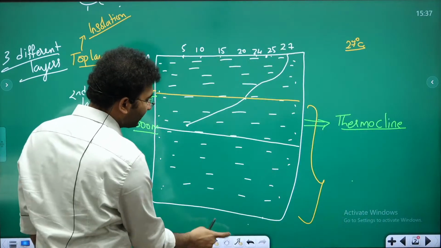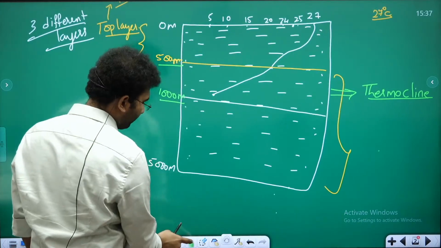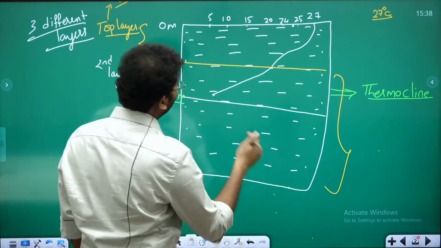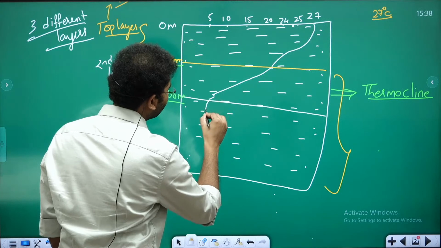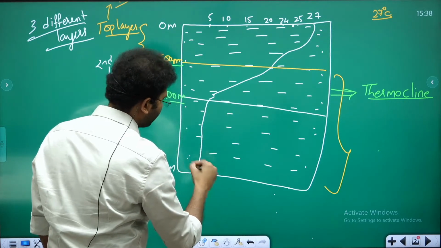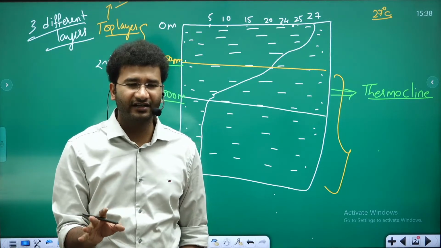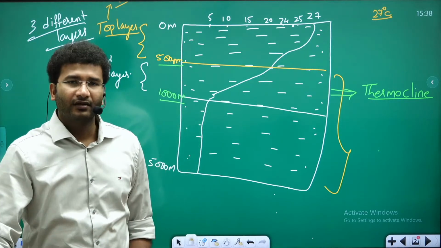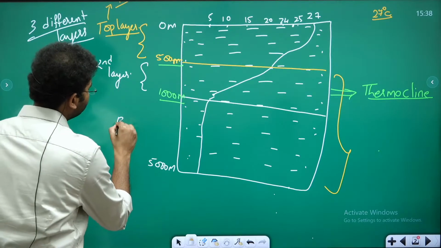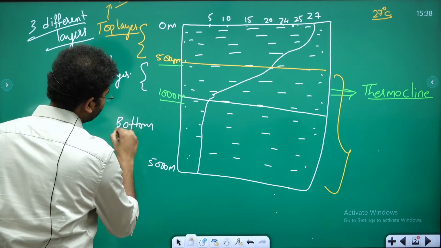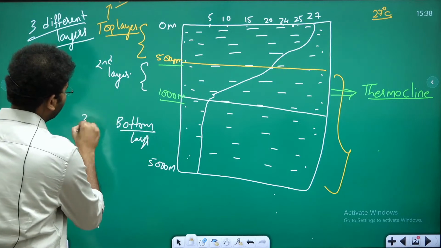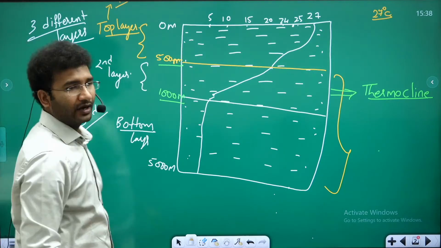Now come to the third layer. In the third layer, you will broadly see that the temperature of the ocean is nearly the same. ऐसा क्या होगा यहाँ पे 4 डिग्री सेल्सियस, 5 डिग्री सेल्सियस, 4 डिग्री, 3 डिग्री सेल्सियस, you will get to see. Now this is called the bottom layer or the third layer, and broadly